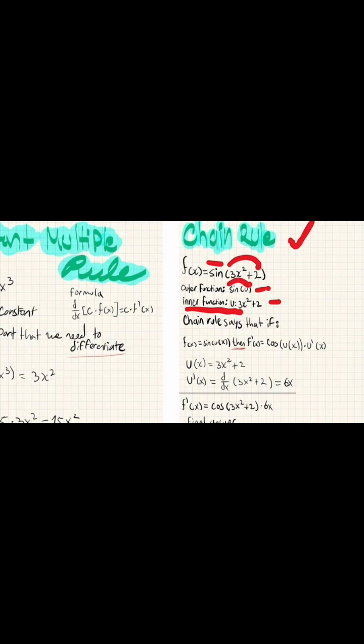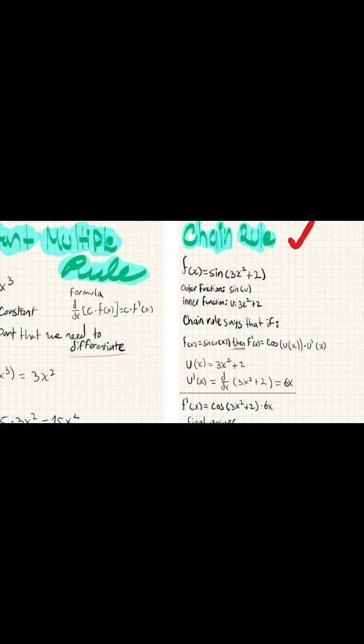Now what we're going to do, we see sin of u, so if you know u, you plug it into sin. We know u is 3x squared plus 2, so we have to plug it into sin. Then we have it right here, the complete operation: sin plugged with the u, that is 3x squared plus 2. Then we need to